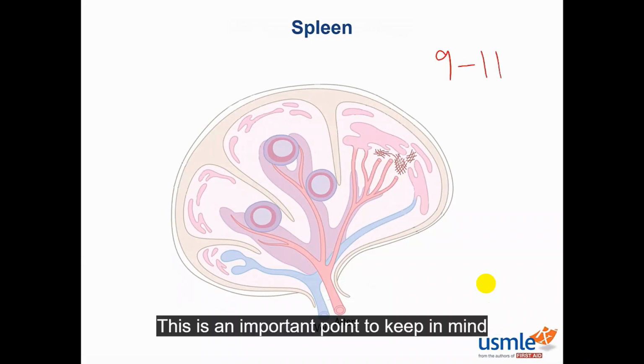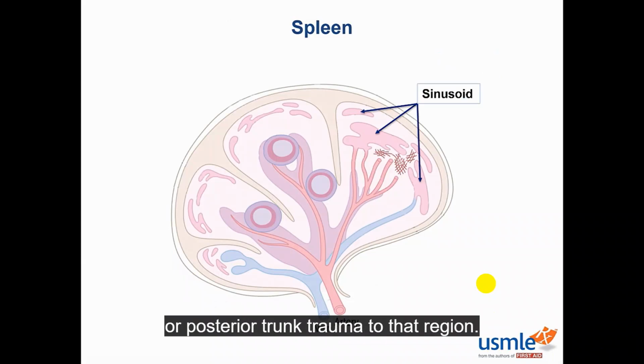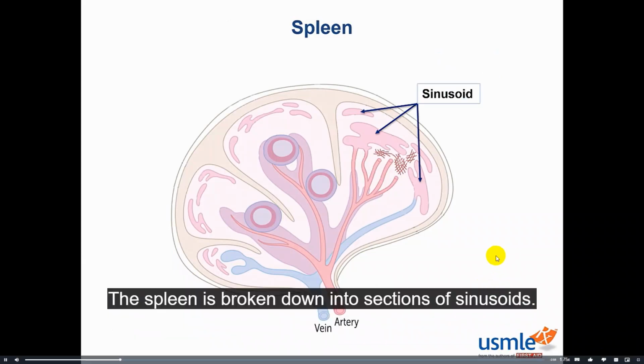This is an important point to keep in mind if you ever have a patient that shows up with some sort of abdominal or posterior trunk trauma to that region. The spleen is broken down into sections of sinusoids. Just like lymph nodes,